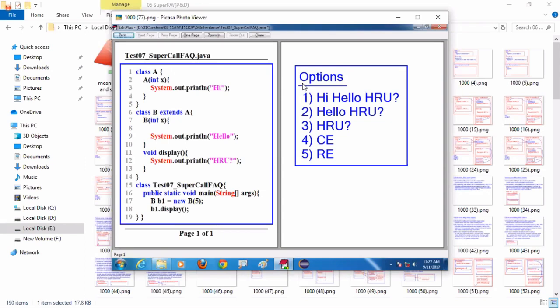Compile error is the right answer. Okay, I'm not going to explain. Compile error is the right answer, option number 4. Why compile error? People who have given why compile error, can you please give me the answer? How to correct this problem?